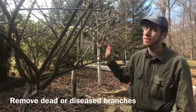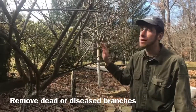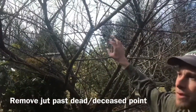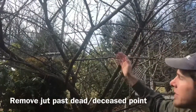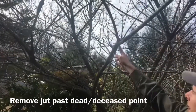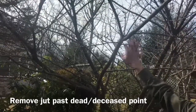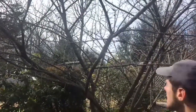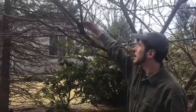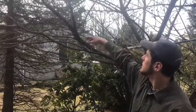The other is any diseased limbs are going to need to come out, no matter which ones they are, even if it's a large one. Anywhere that you see the bark is swollen and something's growing there that shouldn't be, it needs to come out. And I would remove it not right where it is, but past it into a healthy portion of the branch so that I know I'm getting it all out. And even if I'm looking at this larger one here, I'm actually going to take down past this off,